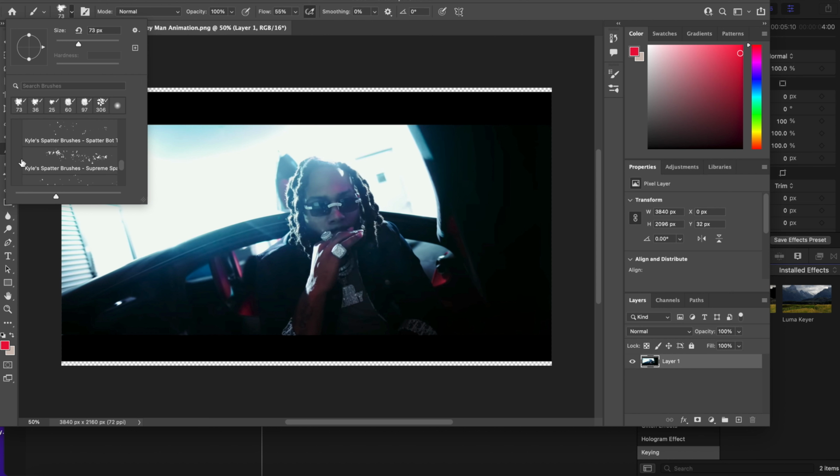You have the wet media brushes, you have the dry media brushes, you have all sorts of brushes. You can choose whichever one you want, but today I'm gonna go to the dry media brushes and do the Kyle Ultimate Charcoal Pencil. And after you choose your brush size,